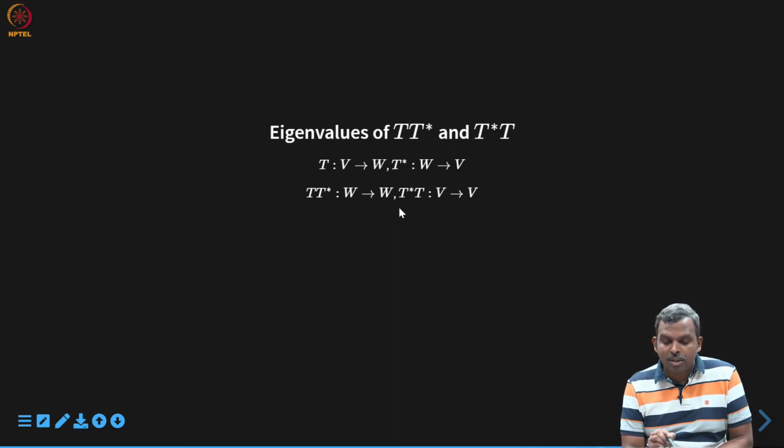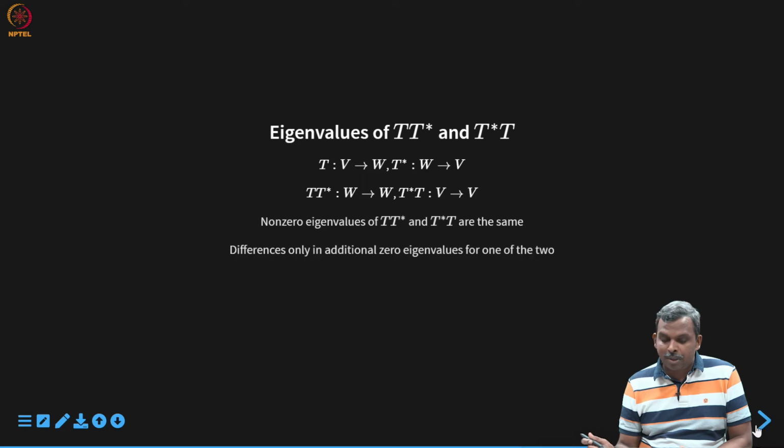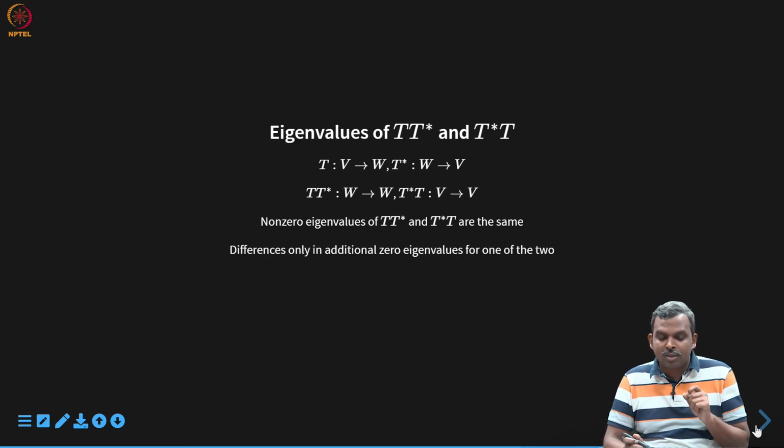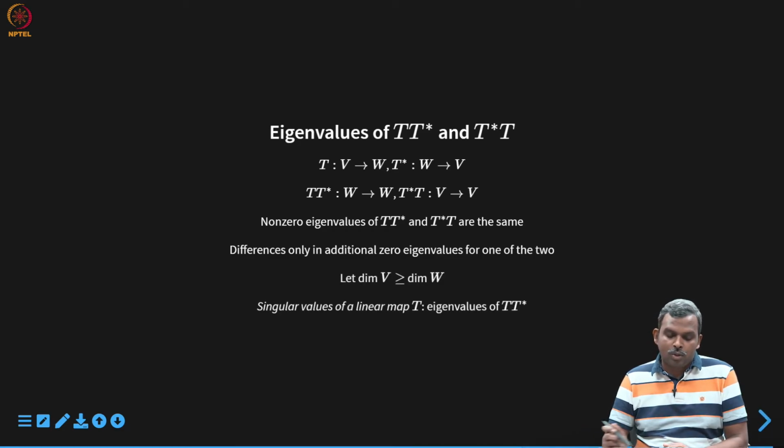Now, we can think of eigenvalues of these two, and we know from our previous result that the non-zero eigenvalues of T star T and non-zero eigenvalues of T T star are the same. This is the AB BA result. So the difference is only in additional 0 eigenvalues of one of the two. So, for instance, if you were to take the dimension of V greater than or equal to this,